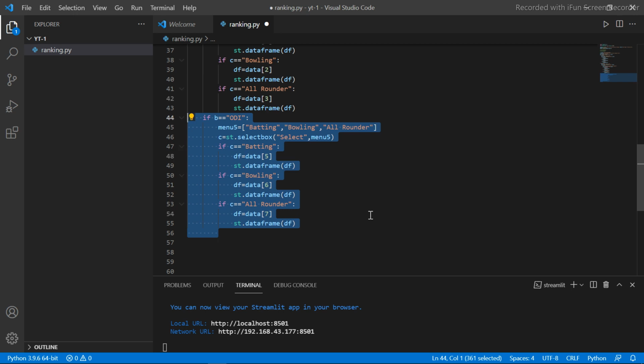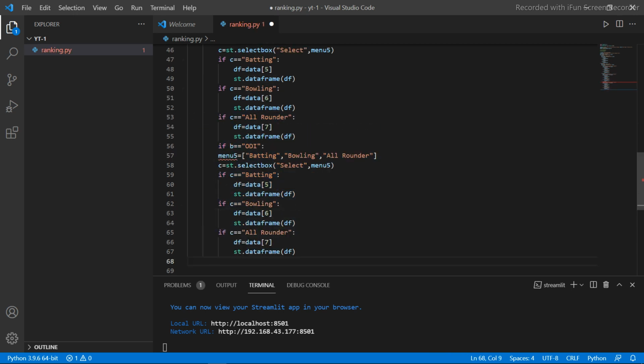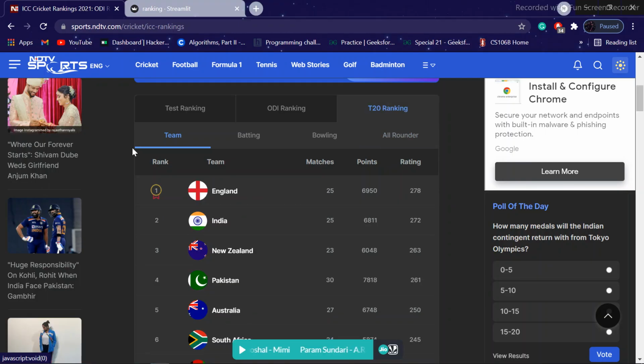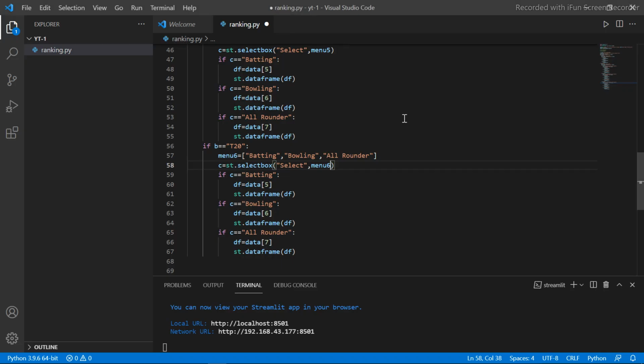Similarly, I will make it for T20. The T20 ranking of team was on 8. So batting ninth, 10th, and 11th. Cool.